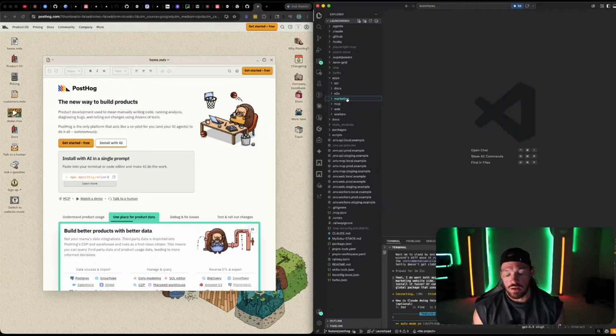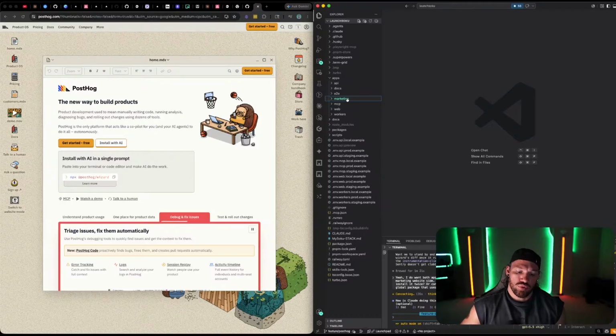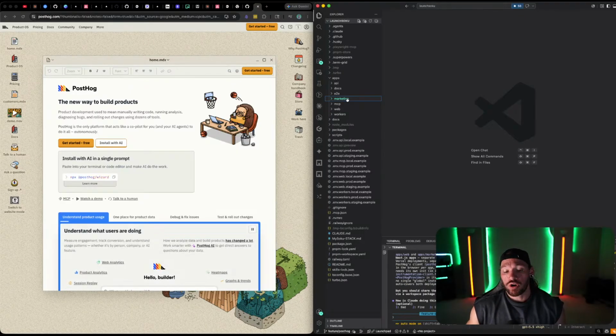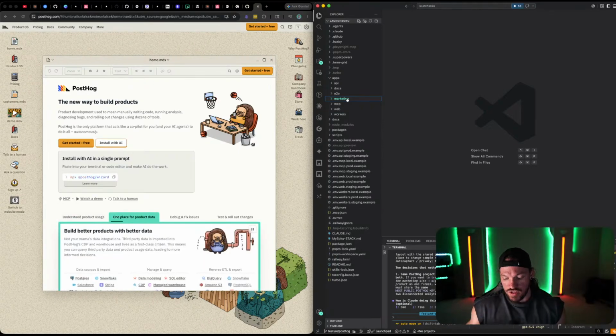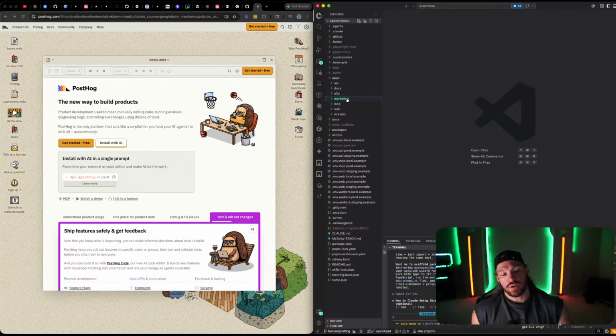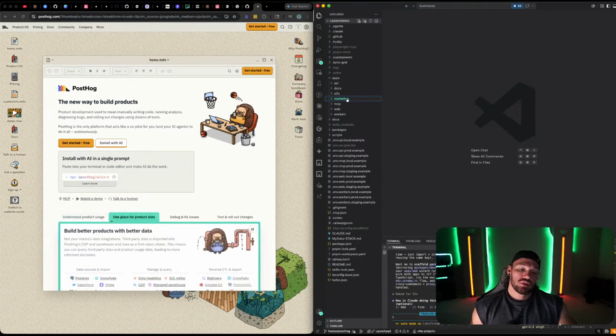Because in my opinion, building isn't as hard as it used to be, right? Creating new products isn't as hard as it used to be, and so it's kind of the easier part, especially with the use of LLMs and stuff, obviously. But the harder part is marketing, and so that's what we're going to be focusing on with this launch, the marketing side of things, which is why I want PostHog, because I want all that information, right? I want actionable intel on how people get to my website, what they're doing, where they fall off, et cetera,